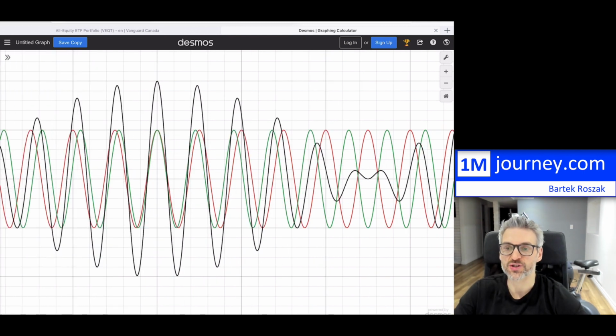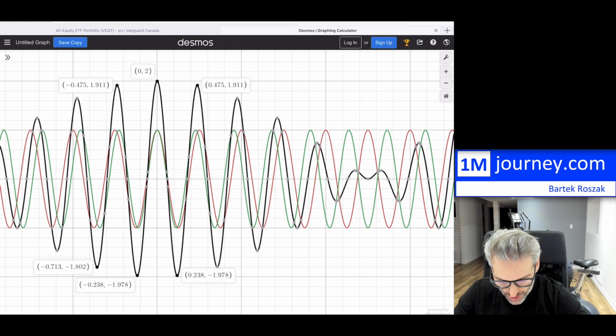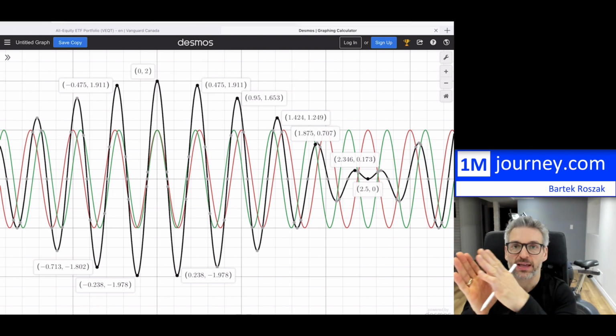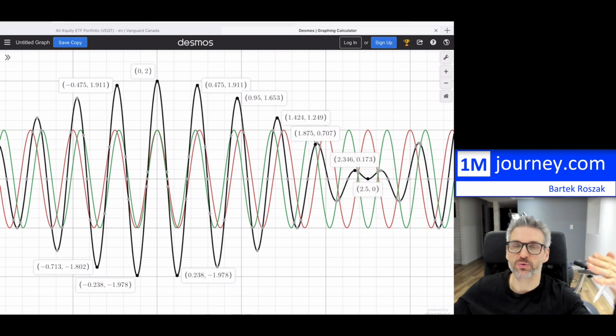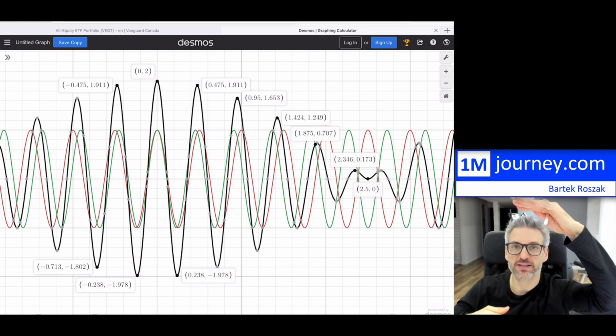Notice the constructive interference, so the huge change up, over here, over here, over here, as it's going through. But then notice that it slowly starts to decrease all the way down to 0. And this is what we call a beat. So a beat will be this periodic change between two of these waves intersecting, creating a constructive interference and then